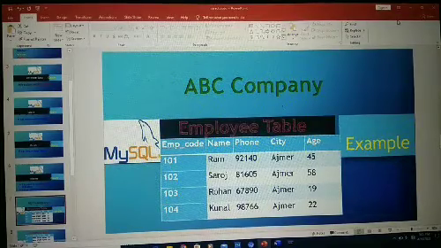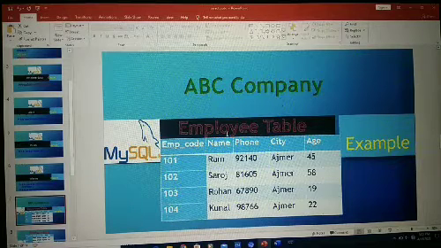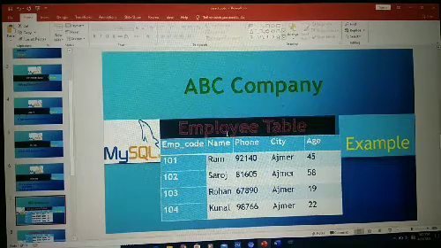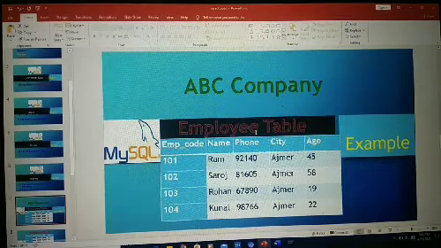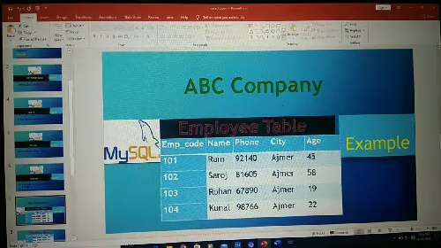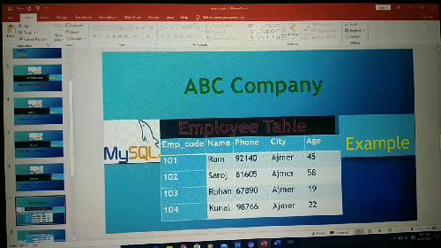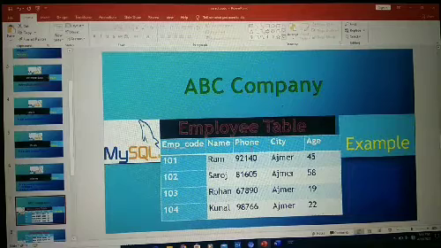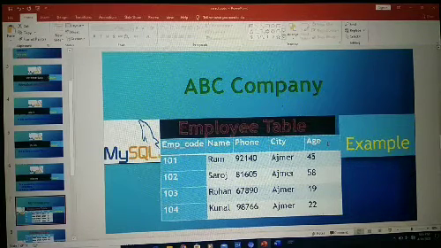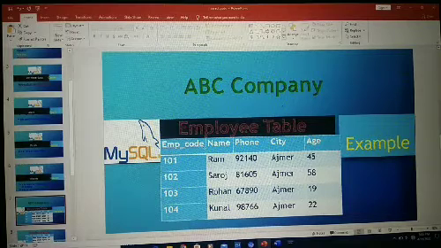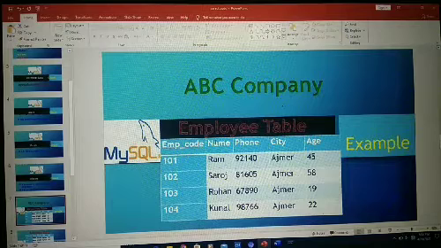Now you can see here we have to create employee table. Okay, so we will take name of our table employee. This table contains 5 fields: employee code, name, phone, city and age. Employee code data type should be integer.